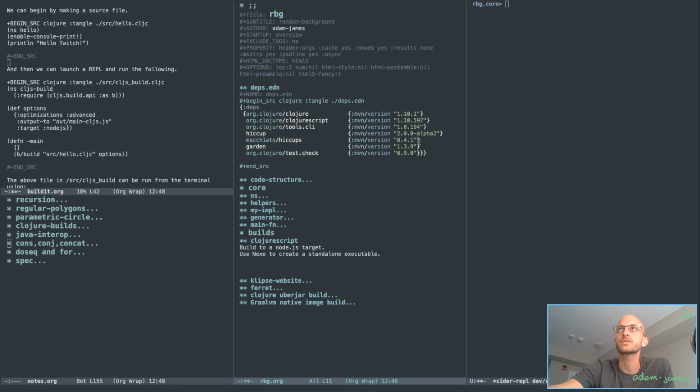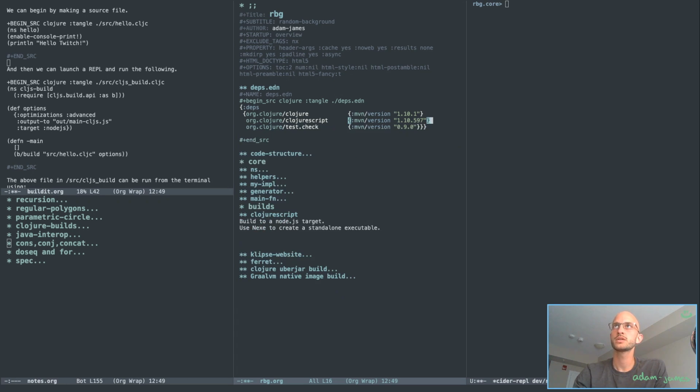While I'm at it, I know I don't have garden or hiccup in at all, and I'm not using tools.cli, so we can delete that. I don't have tests yet, which probably would be smart to write a couple, so I might want to keep test.check. And as it turns out, if I want to build from inside my REPL, it's good to have ClojureScript in there, because what I can do is run